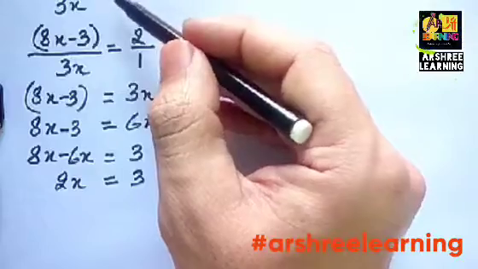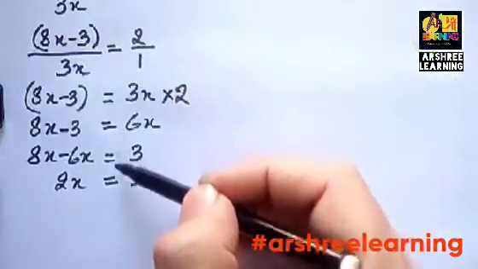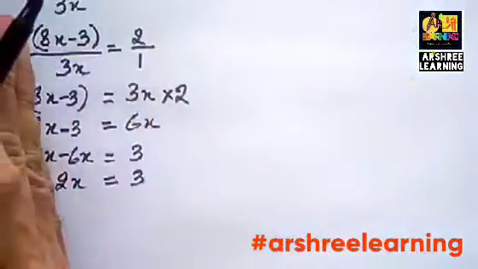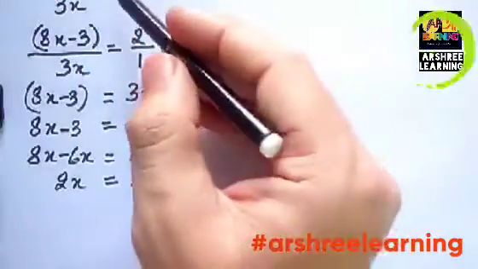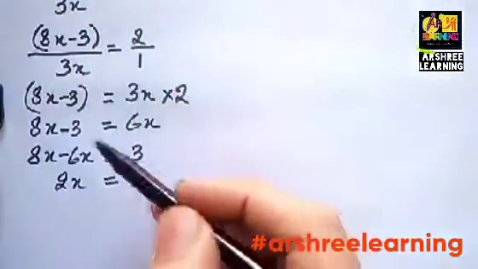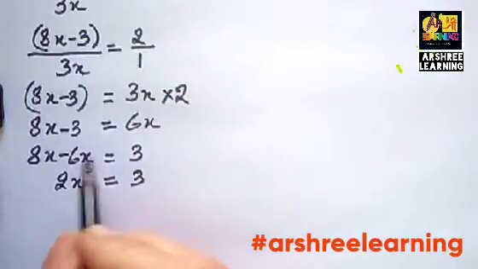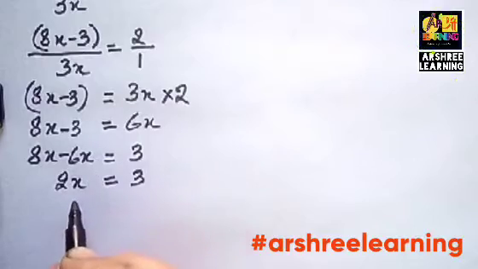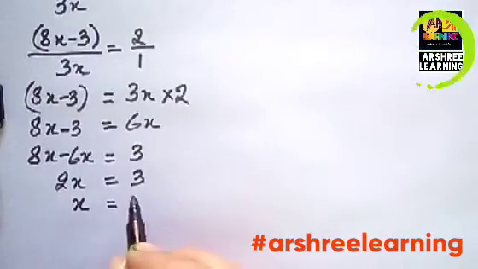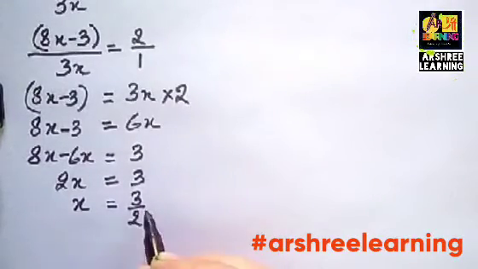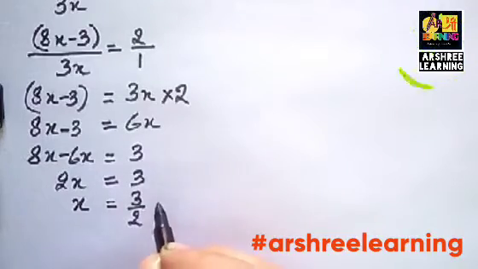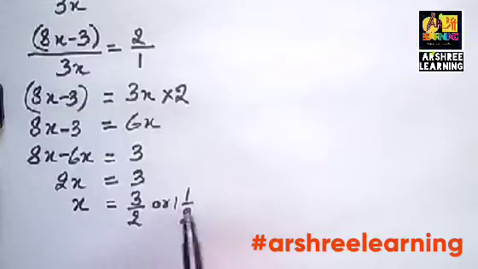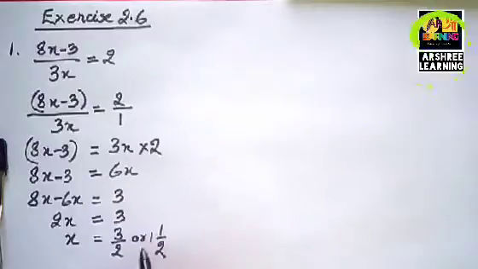Now see, I have kept the is equal to in one line. This helps to identify the numbers on the left side and on the right side. So always try to keep the is equal to in one line, so that it is easy for anyone to identify which number is coming on which side. After that, it is simple: x is equal to 3 upon 2, which can be written like this, or it can be written as a mixed fraction also. So both ways the answer is right.